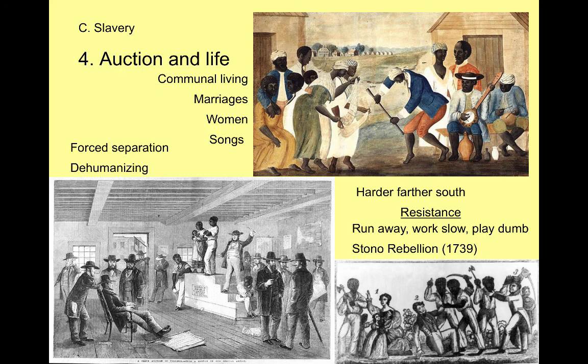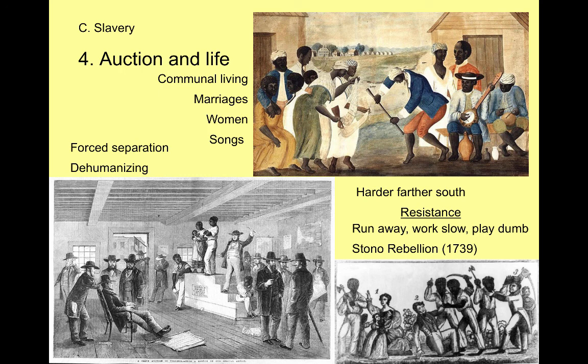And so they plot this rebellion, and their plan is to build up enough slaves in their army, if you will, that they can march south and get into Spanish Florida, which is not that far from South Carolina. The Spanish have announced that any slaves from the British colonies that move into Spanish Florida are free. So here's a chance: we can rebel, and then we can run away and we will be free. And so they rise up and kill about 40 or so white people in their rebellion, and they start marching south through South Carolina.